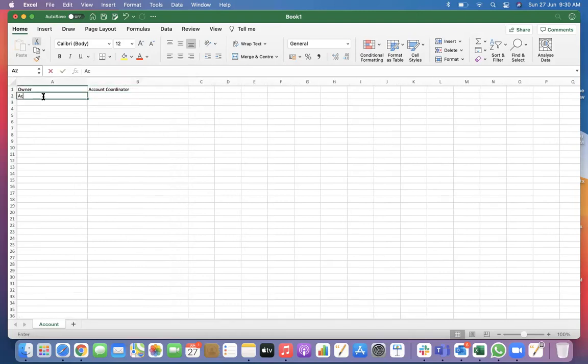So if the owner is Animesh Banerjee and the coordinator is Rakesh, by default, the owner is the only person who is working on that account and can see that account, right? Because OWD is set to private. But my requirement is whoever I choose in my account coordinator field, that person should start seeing my records. Here, I cannot create a sharing rule because I do not know whom to share.